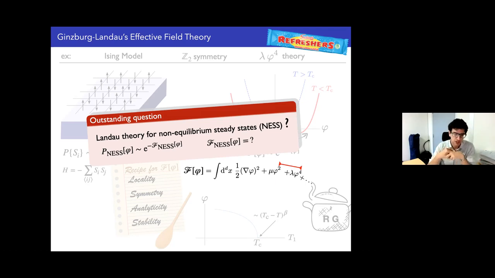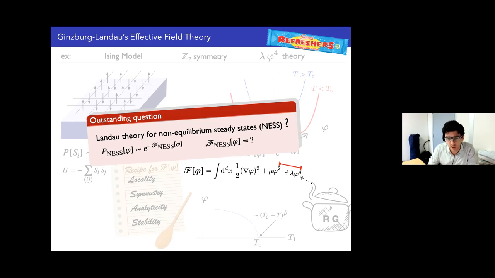People have already challenged the principle of locality, which is behind this, and in principle you don't expect much locality out of equilibrium, especially if you have currents. People have also considered breaking symmetries like the equilibrium detailed balance symmetry. And what I'm challenging today is this rule of analyticity, right? And I will do it in some corner. I will not do it in full generality for any out of equilibrium state.